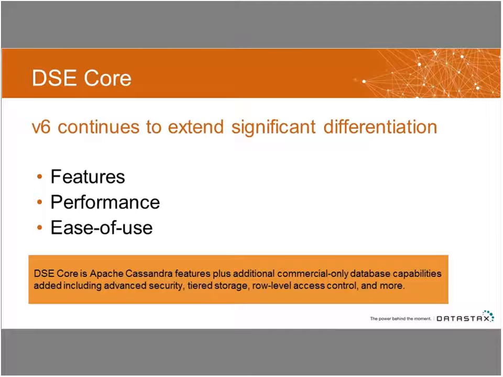So, DSE Core. With version 6, again, I'm not mentioning a timeline for this, but look for great improvements with respect to features, performance, and ease of use. As a reminder, that orange box at the bottom, DSE Core, you can think of as the database-oriented features associated with Apache Cassandra. So look for continuing increased differentiation in that core database of DataStax Enterprise versus Apache Cassandra